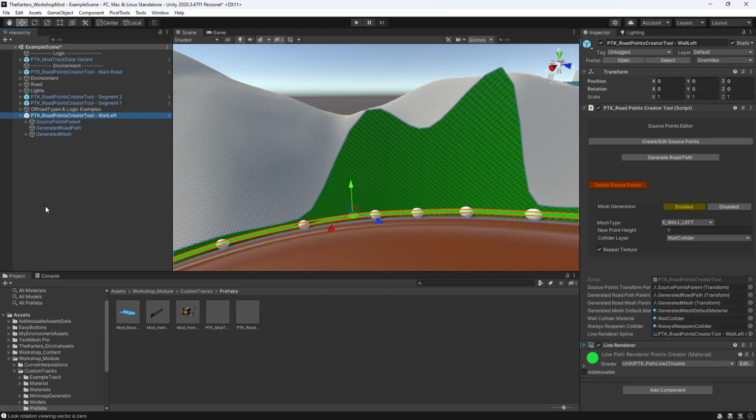In fact, we discovered that the PTK road points creator tool is not meant to stay in when playing the track, which is logical. However, it disables itself when the match starts, so when the track starts, and this is why it doesn't work, because when this creator tool,